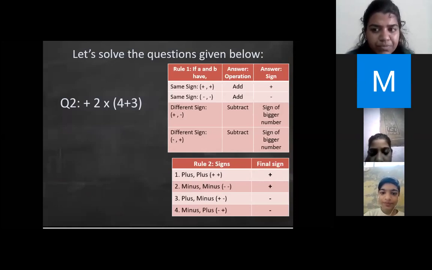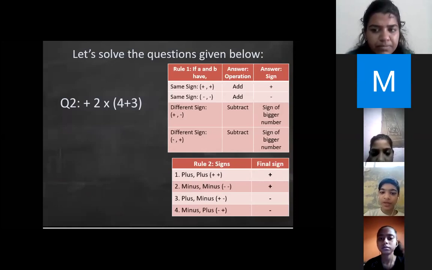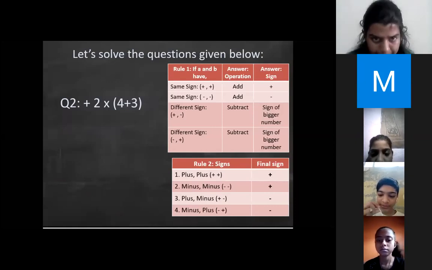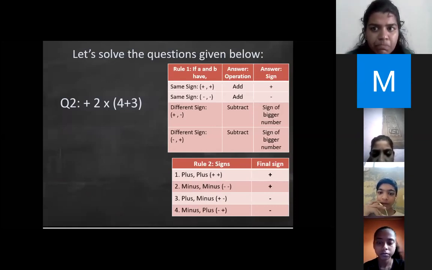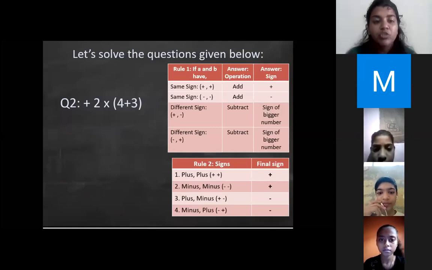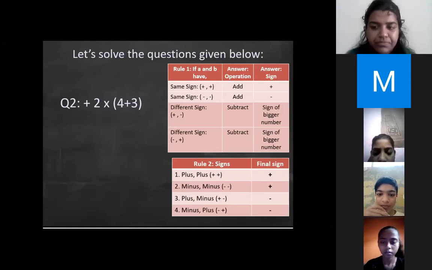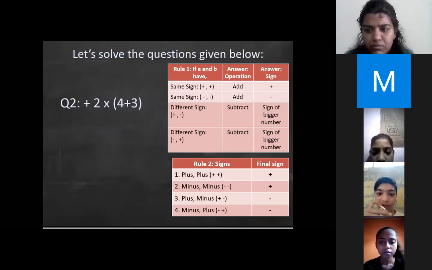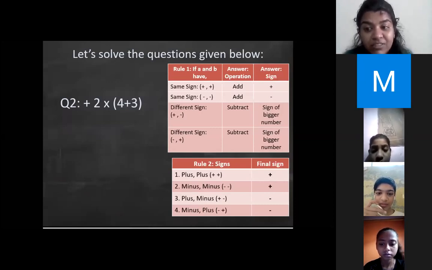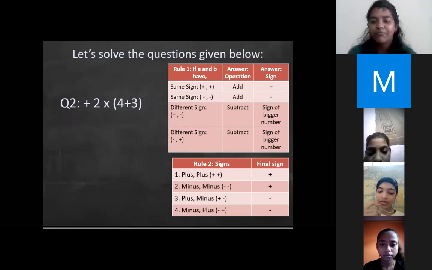First, what will we do? First, we see the number 2 and then we see the signs. So, what part will I solve first? No, what is in BODMAS? What do we solve first? BODMAS का B क्या है? Bracket, no? Always solve bracket first.